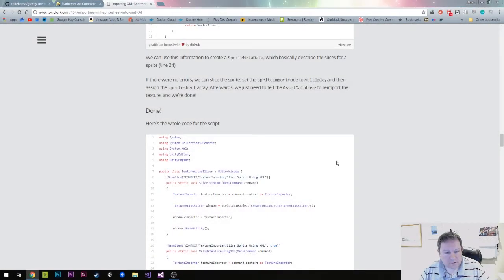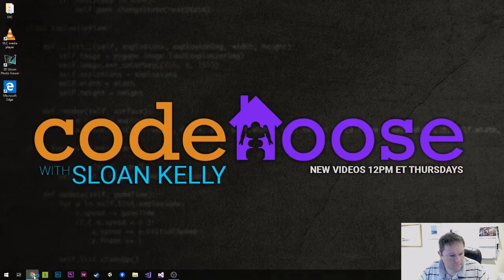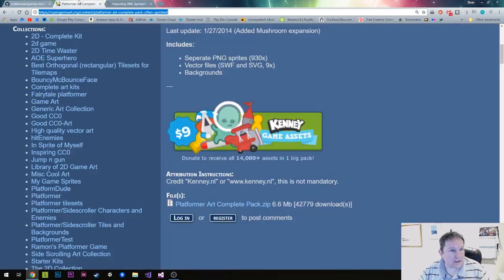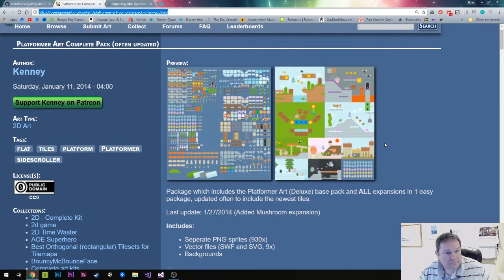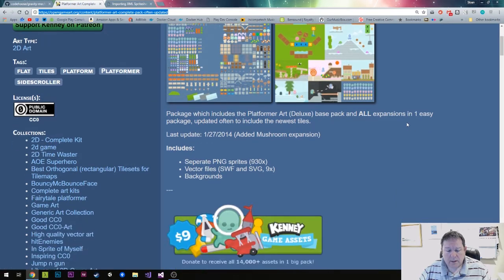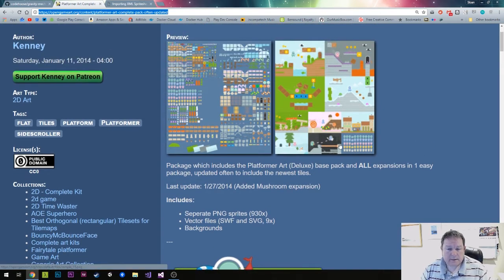I got these sprites from Kenny, and Kenny posted these sprites a few years ago now, 4 years ago, on opengameart.org. Sorry, I forgot the name of the website there. They're kind of what I'm looking for because I want to be able to have a platformer, and I want to be able to